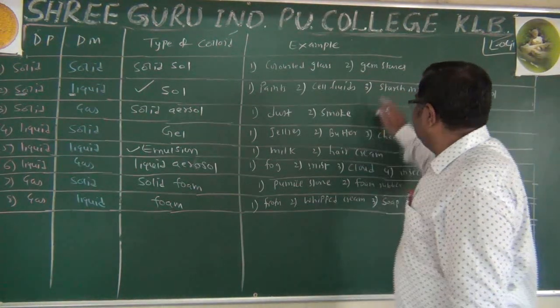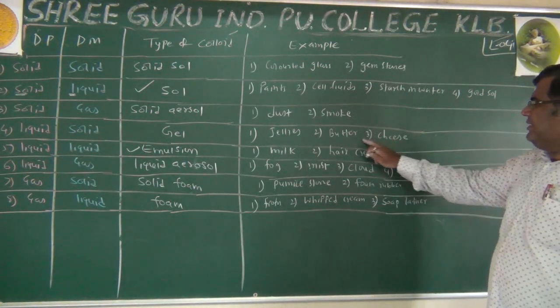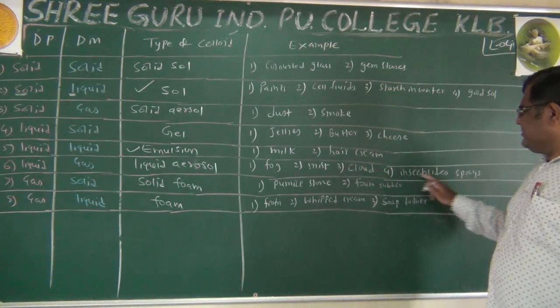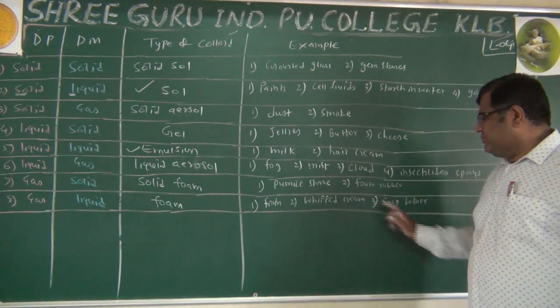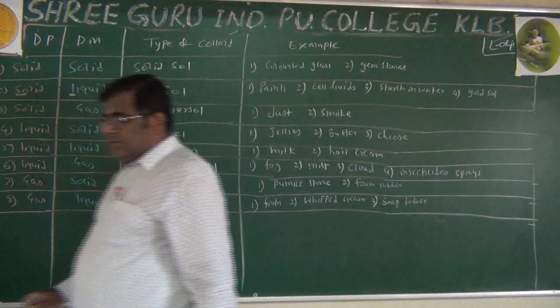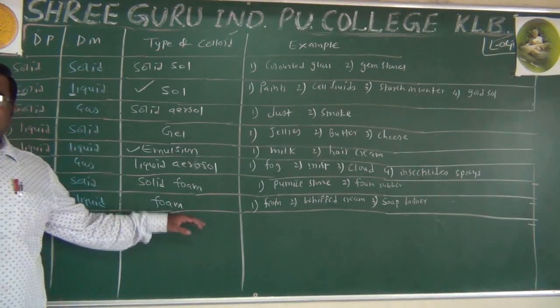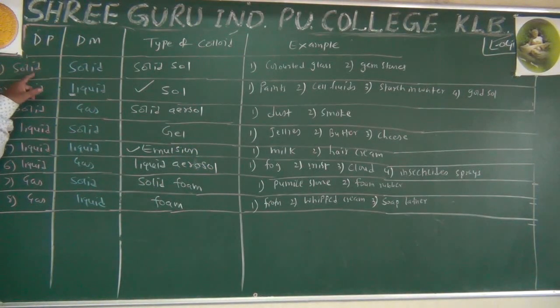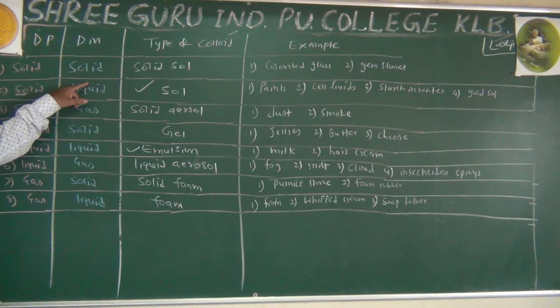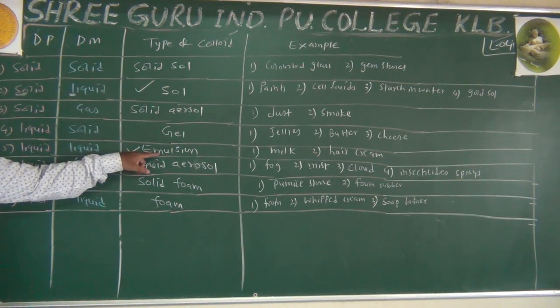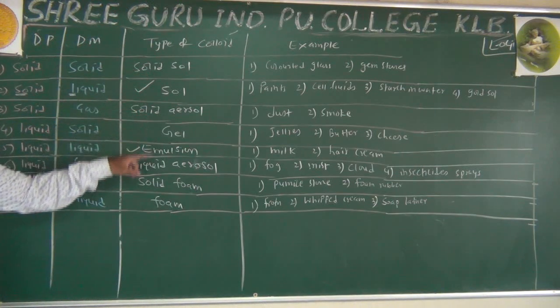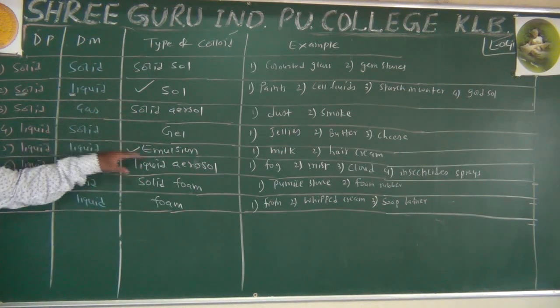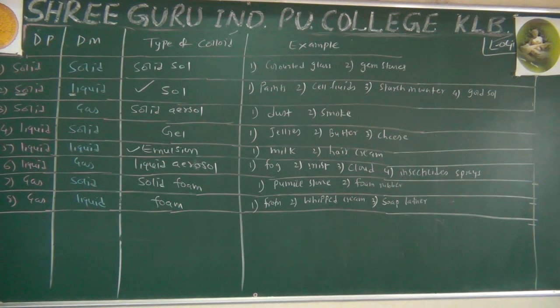So these are the examples, numbers 2, 4, 6, 7, 8, 9, 10, 11, 12, 13, 14, 15, 16, 17, 18, 19, 20, 21, 22. All examples I have taken from the textbook because they may give any one example and ask what is the physical state of the dispersed phase and the physical state of the dispersion medium of that. Or they will ask, give one example of emulsion, give one example of solid sol, give one example of solid foam. You should be able to distinguish between all these examples. This can be done by practicing.